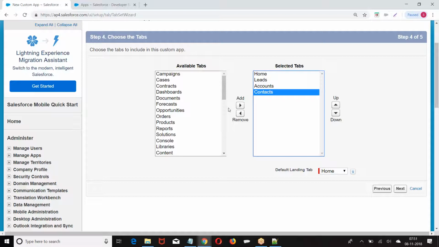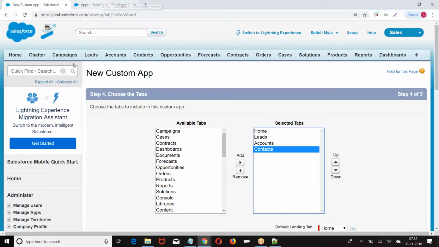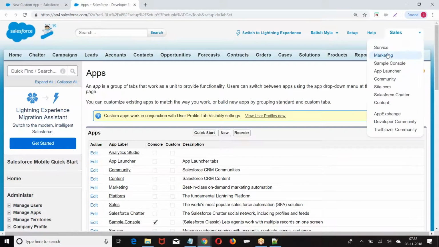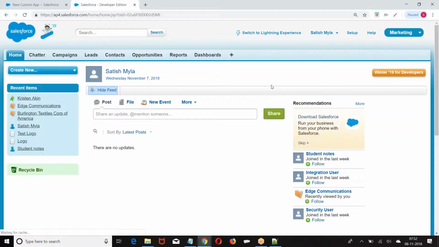Default landing tab. What is this default landing tab? When you open the application, there is a group of tabs. On the first page of the application, whose data should be displayed? The moment I launch, look at the point. The moment I say marketing, this is the first page. Whose data are they displaying?